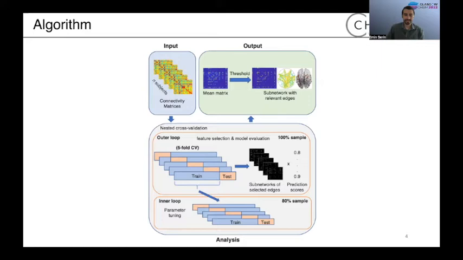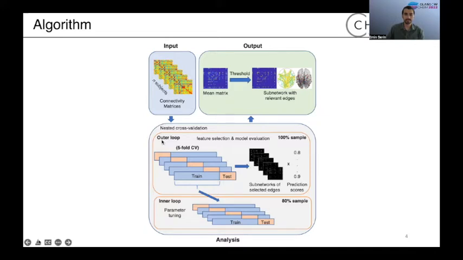All right, so here you see the algorithm of NBS-Predict. NBS-Predict operates in a repeated nested cross-validation structure, as you see here. Starting with the input, we start the analysis by providing a connectivity matrix for each subject. To keep it simple, we call these connectivity matrices the input data.